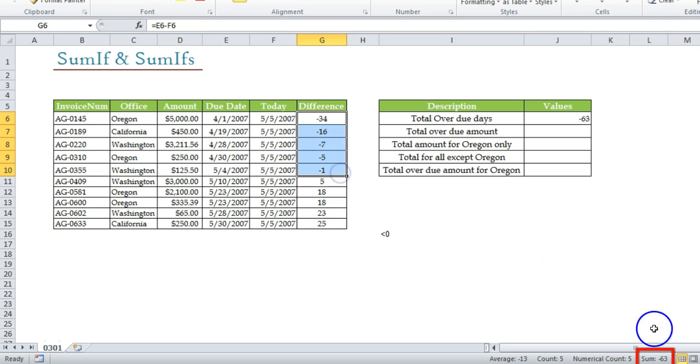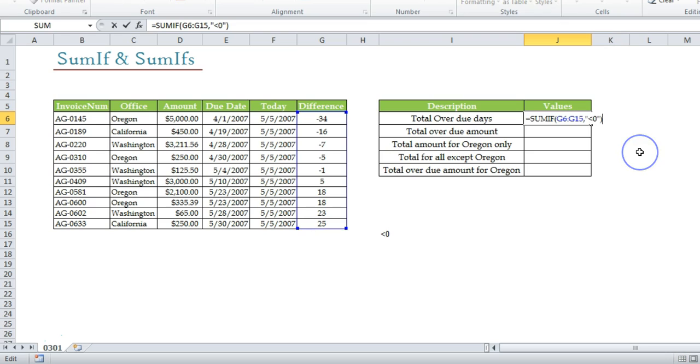Just have a look, minus 63. And if I edit the formula, press comma, give it a selection for the sum range, close the bracket and press enter, I'll get the same answer, because sum range is an optional argument and you can leave it out if it equals your range.